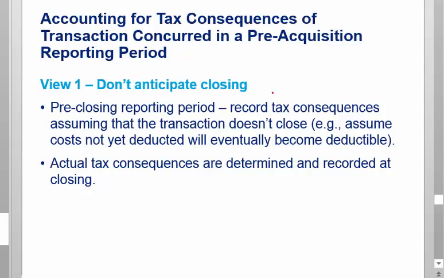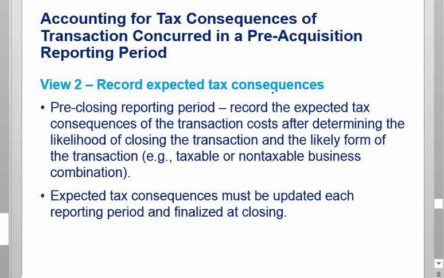Okay? Because view two is you're supposed to anticipate a transaction. So like if you were the provision person for Avago, you'd have to say, hey, biz dev guys, can you tell me if you're working on any super secret deals I'm probably not supposed to know about, and tell me what costs you're incurring, because I might need to know that. And they're going to be like, silly accountant, right? Go away. So, I mean, it may not be so cynical, but you see what I mean. Getting that information to even know what the perm item could be is completely problematic. And so I don't know anybody that takes this view.